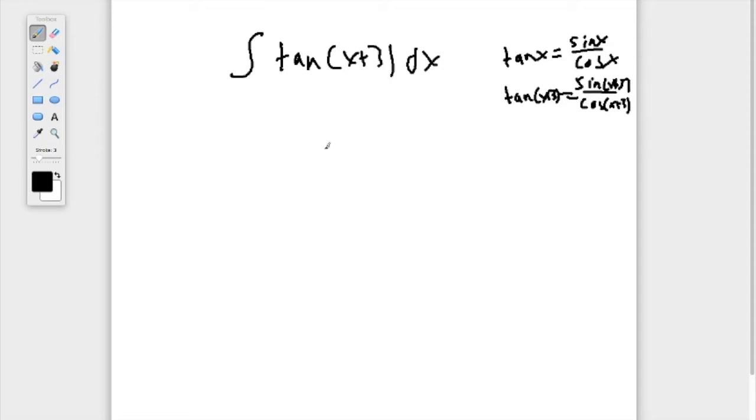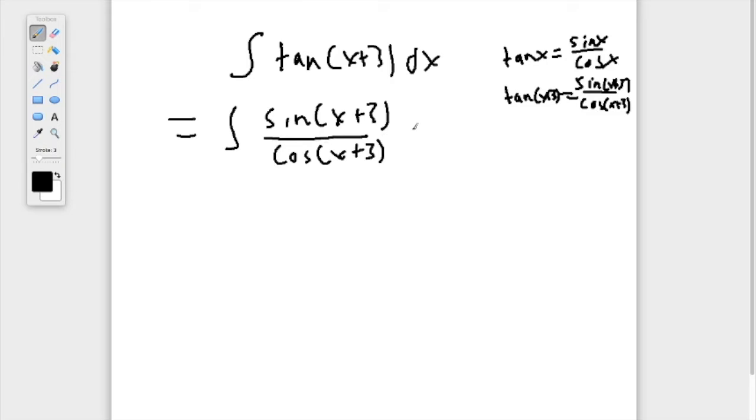So now we can rewrite it as the integral of sine of x plus 3 over cosine of x plus 3 dx. We know that sine and cosine are derivatives of each other, so I'm going to try to cancel one of them out by making a u substitution. So I'm going to make u equal cosine of x plus 3, and then du dx would be negative sine of x plus 3,